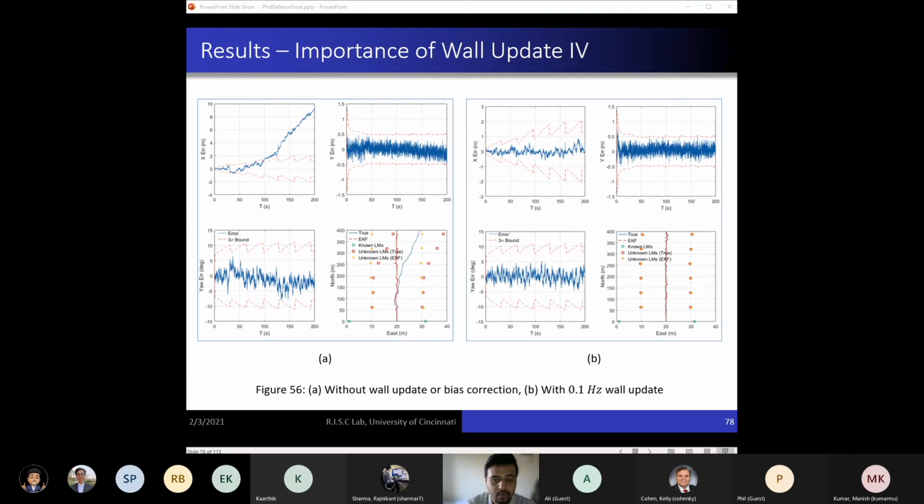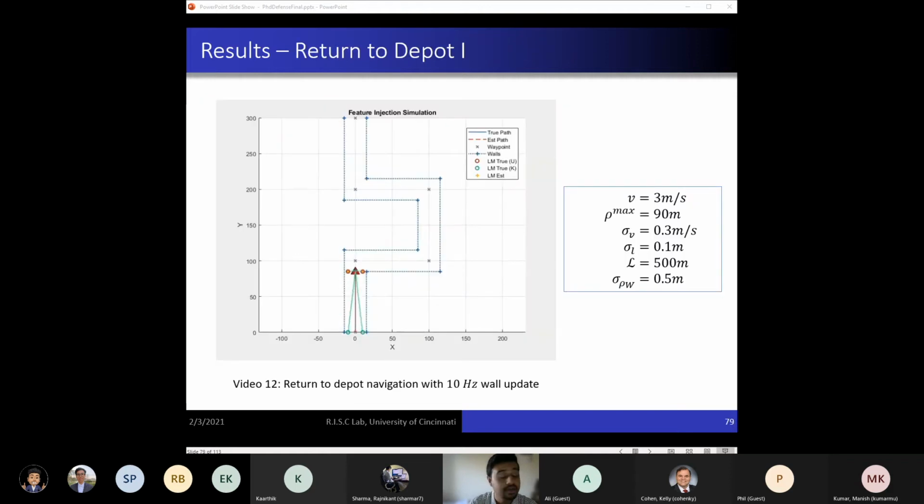Training the neural network with the wall update can help the UAVs to travel a longer or the same distance with even a smaller number of landmarks. However, we observe this edge case at a later stage of this work. So exploring and analyzing the effects of wall updates and the frequency of these updates can be done in the future. Also, by the way, we consider smooth walls, and practically there might be objects in the environment such as tables or chairs or trash cans, etc. So this also needs to be taken into consideration in the future.